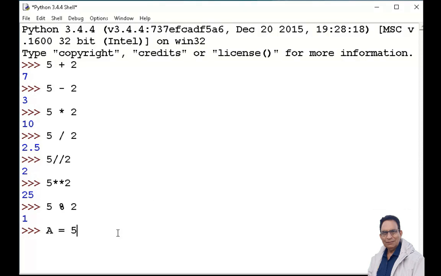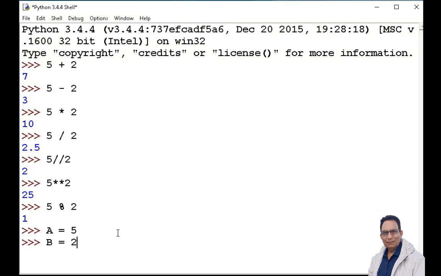So what is a variable and what is a constant? Here itself we should discuss. A variable is something to which we can assign different values. And a constant is a value that doesn't change. 5 will be 5 all the time, but A I can write equal to 5, equal to 7, equal to anything else. So a variable is the one whose value can change, and a constant is the one whose value cannot change. I write B equal to 2.